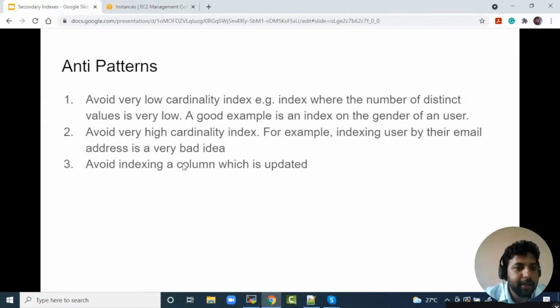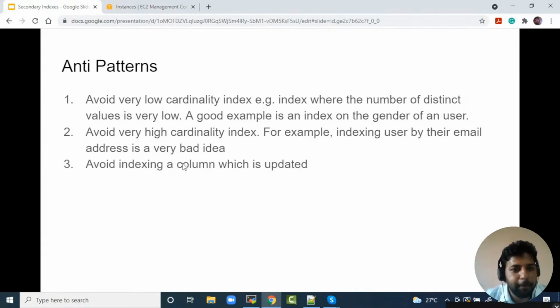And you should avoid creating indexes on very high cardinality columns also. For example, email. Email is a very unique value. Every row will have a unique value, and it is completely bad because if you create a secondary index on email and you are looking for a particular email, you might end up getting the output by hitting one single node, or you might end up hitting every single node and getting a result of 0.